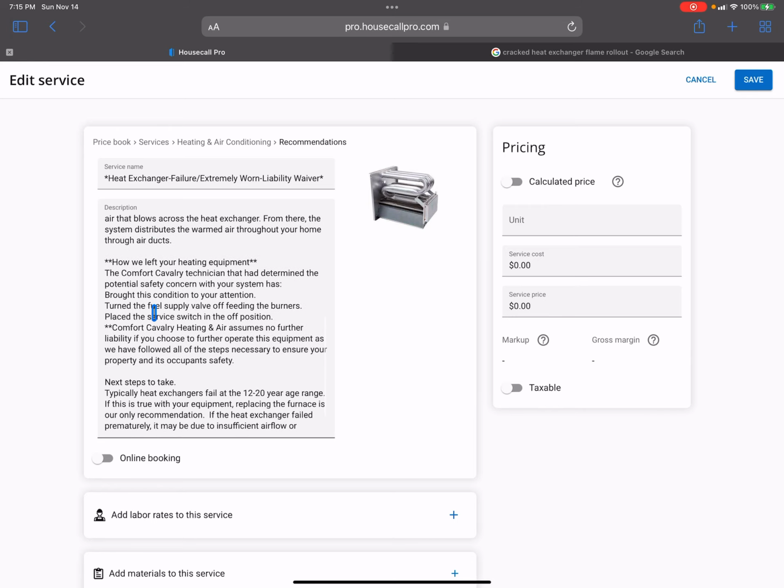And then I put this on here again. Why do I put all this even after I did that? Because I want documentation. I don't want it to be my word versus somebody else's word. So all this is pre-built into this: how we left your heating equipment. The technician had determined the potential safety concern, okay? Keyword is potential safety concern, because it may not necessarily be a safety concern